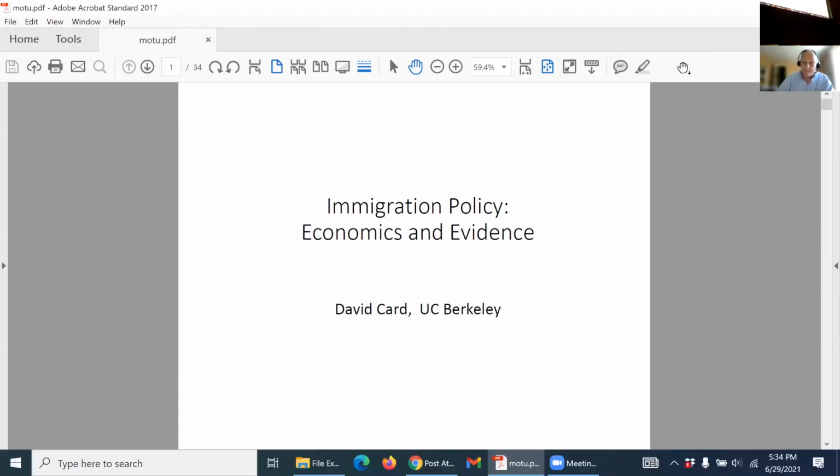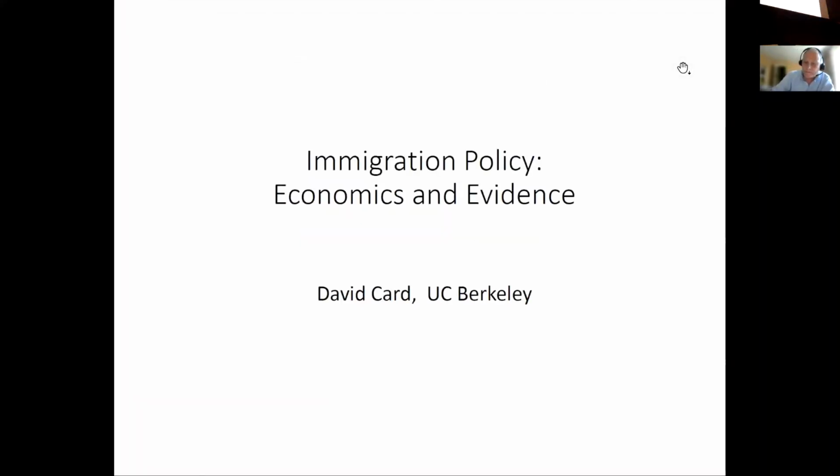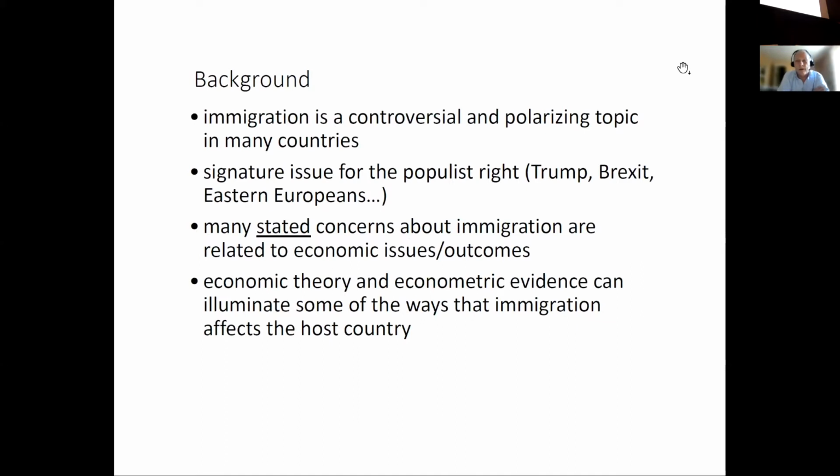I'm going to give a very quick overview of a bunch of different issues. As Ruth said, immigration is a controversial issue. It's also one of the most polarizing topics in many countries. This may be less of a concern in New Zealand, but in many countries, including the US, it's a sort of signature issue for the populist right. And many of the concerns about immigration are related to economic issues and outcomes. So it's possible that some combination of economic theorizing and econometric evidence can help understand